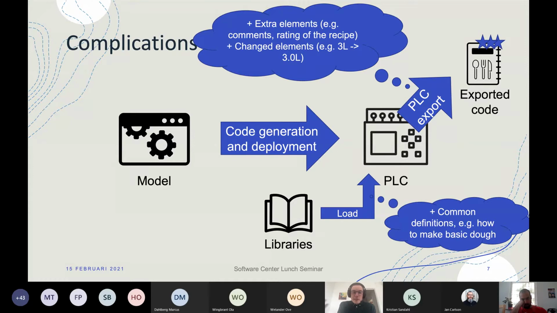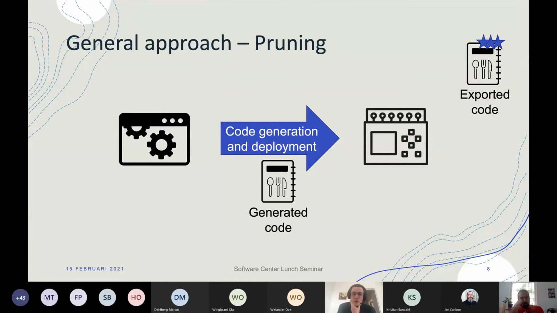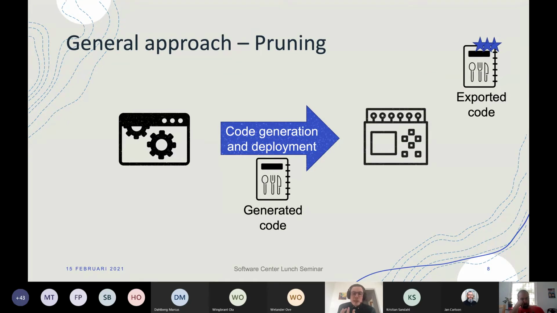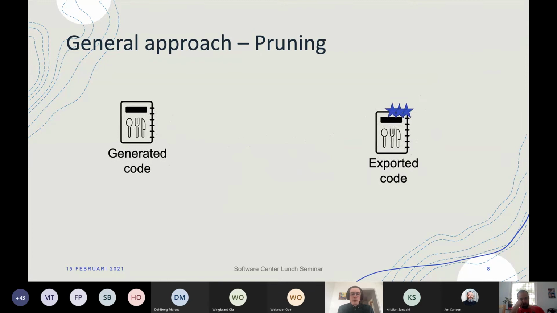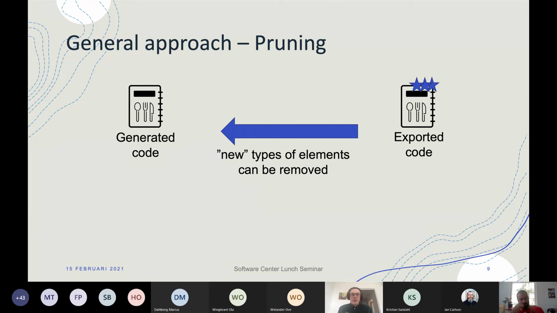So the key thing is that indeed this exported code is now actually quite a lot different than the generated code, but we want only a very small part of those differences. So what we want to do is bridge the gap between this generated code on the one side and the exported code on the other side. So then the next question is, of course, how will we do that? So the idea is that